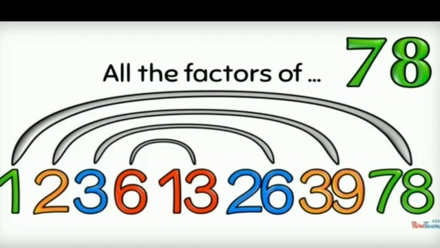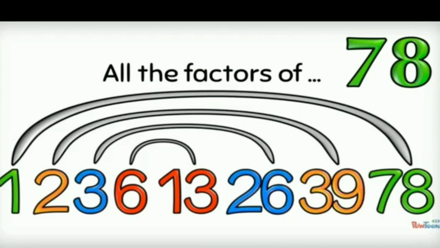Divide it by 4, we found that the remainder doesn't come out 0. Divide by 5, again the remainder doesn't come out to be 0. Divide by 6, the remainder comes out 0 and the quotient is 13. So, the factors again are 6 and 13. Moving on to the table of 7, the remainder is again not 0. Moving on to the table of 8, 9, 10, 11, 12, we found that the remainder is again a non-zero number.